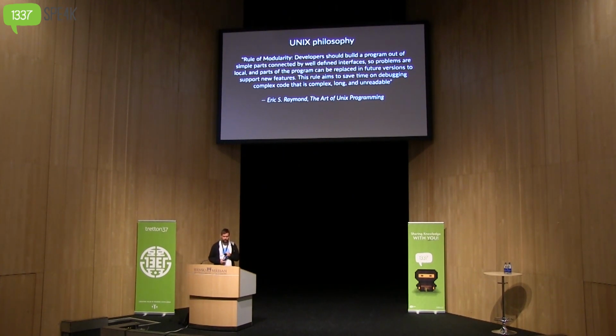And one of them is the rule of modularity. This piece of text talks a lot about code and how we should have interfaces so we can switch in implementations. And we're all very much aware of this. We use it daily when we write our code. But this is also applicable at the system level or at the service level. And that's exactly what we do. So basically, we have services that have well-defined interfaces, and we can switch out service implementations pretty much at any point. And we do this, I shouldn't say frequently, but we do it every now and then. So when we grow out of a system, we designed a system to scale to a certain number of users, for example.